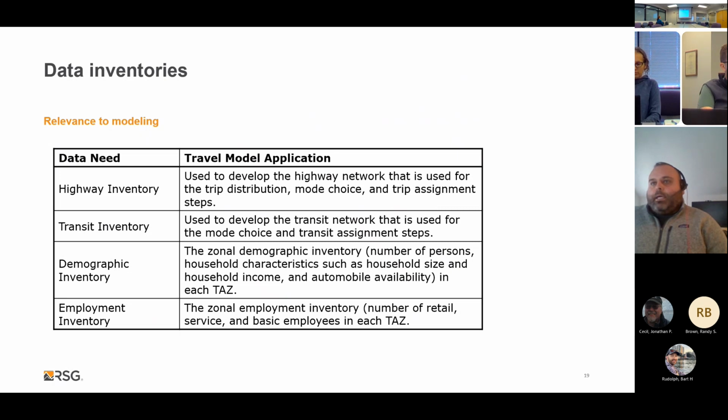And then there are different data inventories that become really important for travel demand model. All the data listed in this table, with the possible exception of transit inventories for very, very small regions, are required for the development or the application of a travel demand model. The level of detail of each data type varies from region to region and according to its needs and the level of available funding. And there's other data needs that we can discuss later. But we, for the most part, will focus on survey data and traffic count data in this part.